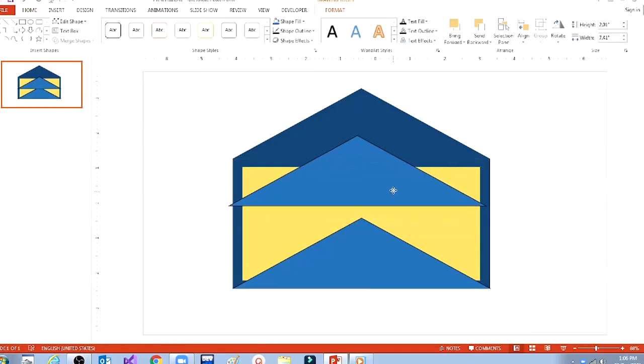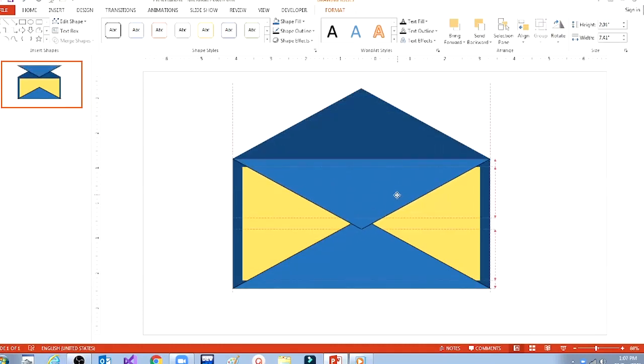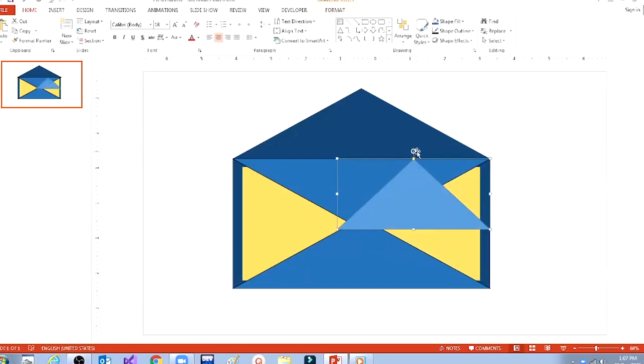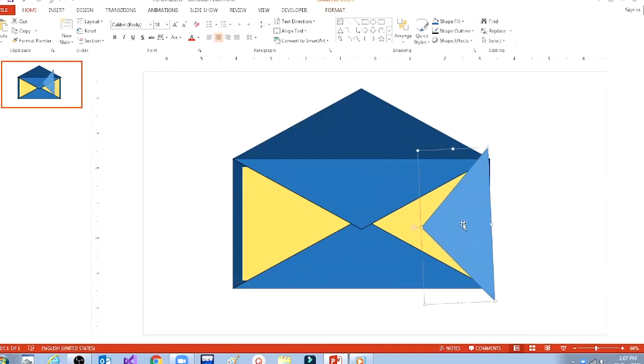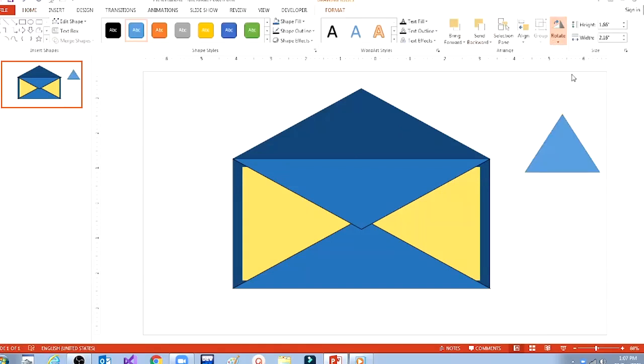So I'll give it here. I will move it over here and click rotate vertically and put it over here. So it is giving a bit of a look, but I can see the message from here. So now for that I will just add two more triangles over here. Rotate them a bit like this, but you can see it's not too good. So just again draw a triangle, go to rotate, flip it